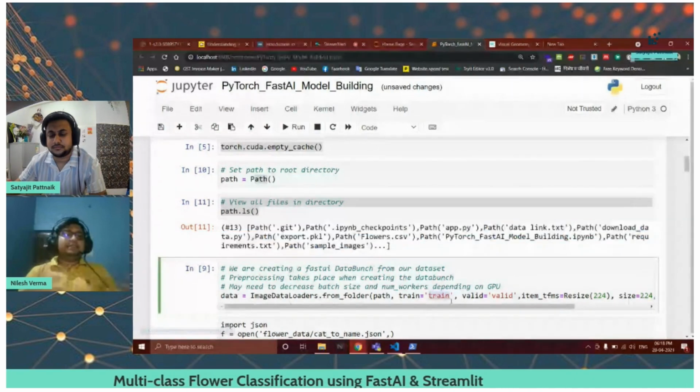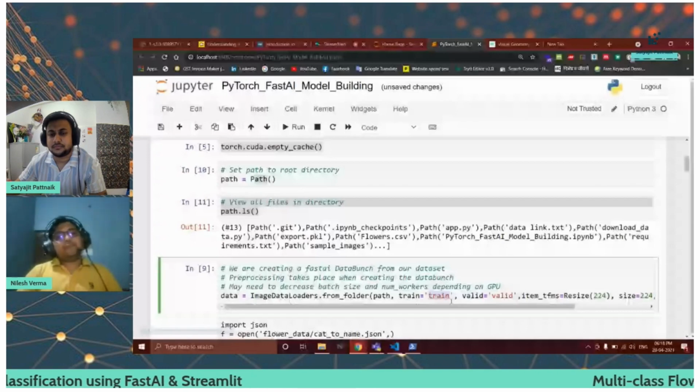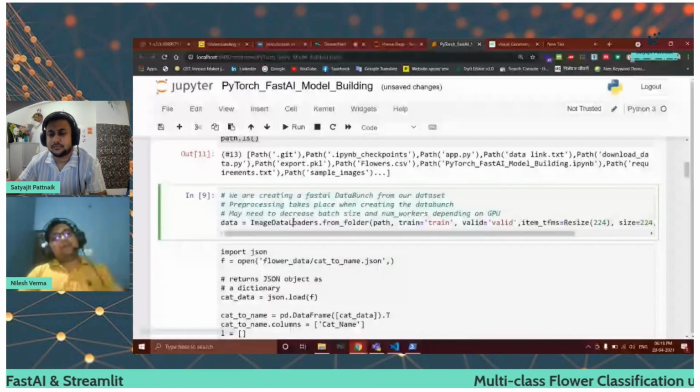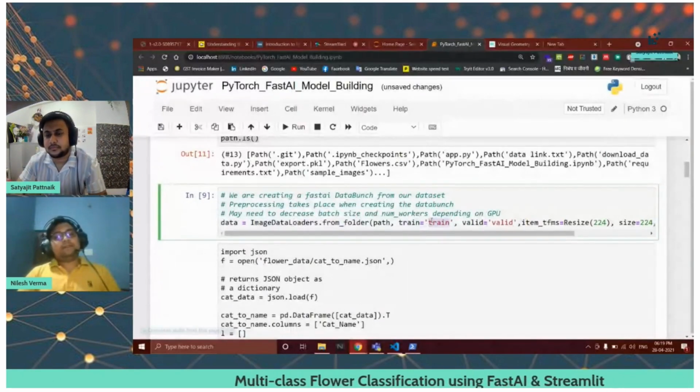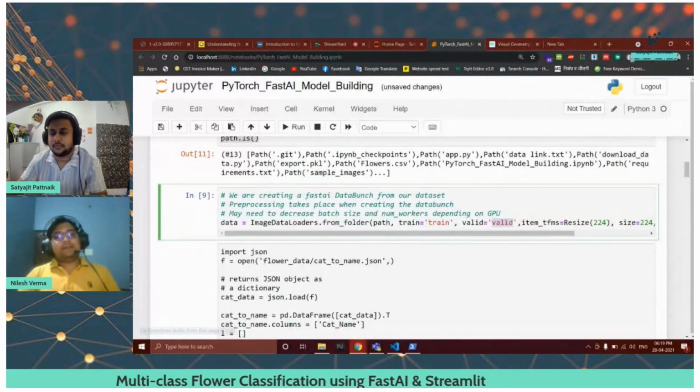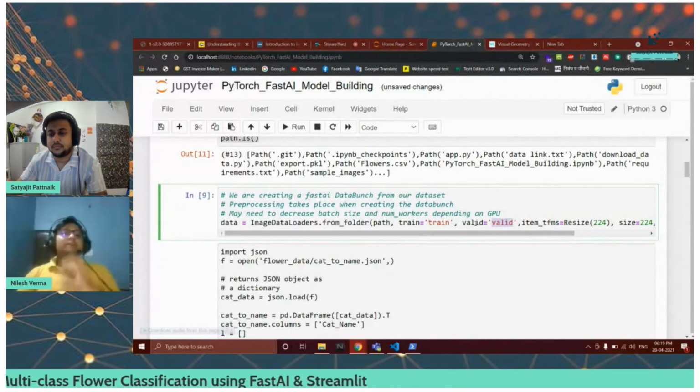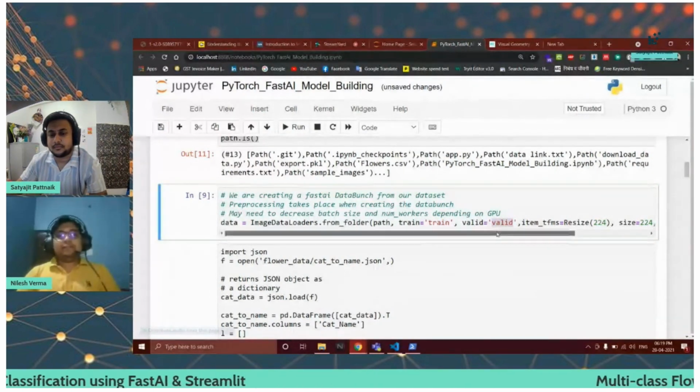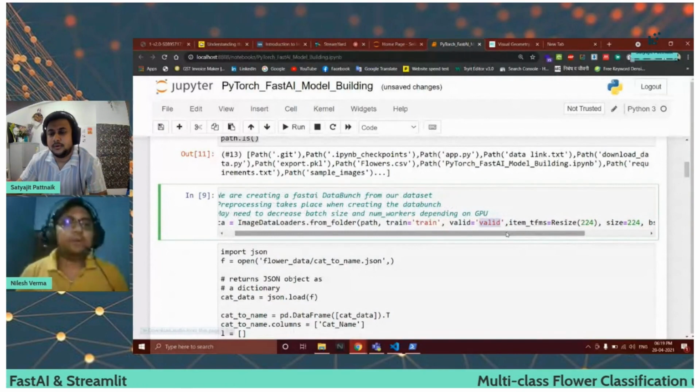Just give the main path. There is a library, image data loaders, so in that module you have to call them from folders. From there we just give the training folder name and validation folder name, and it automatically gets all the files. And also, if you want to perform some augmentation, so in that